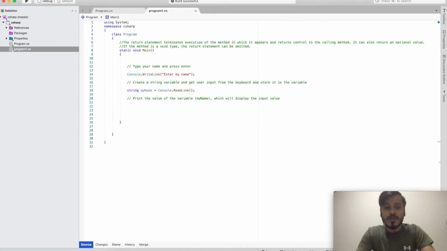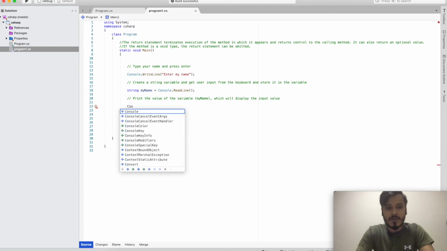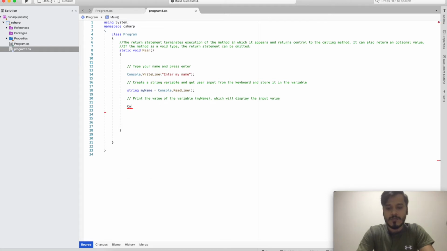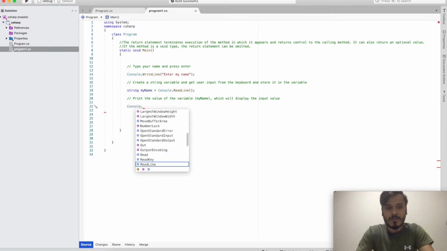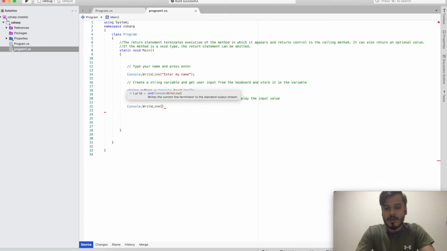Now in the third step, I need to see whether I got the correct input or not, right? So I will print my variable, and I will do it like this: Console.WriteLine, "My name is", then I will use the plus operator, and then I will use this myName variable to print it.